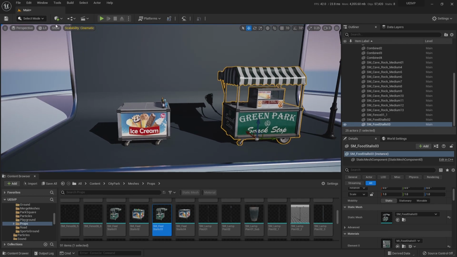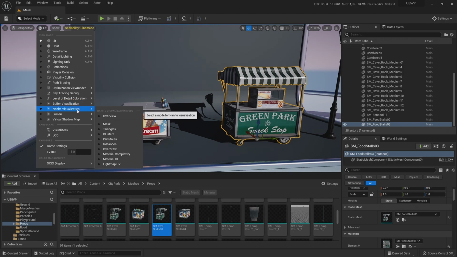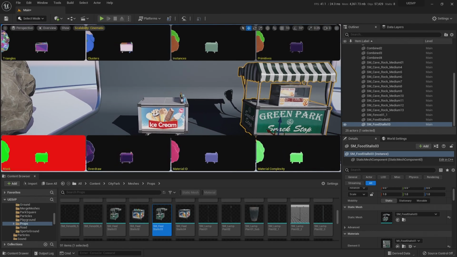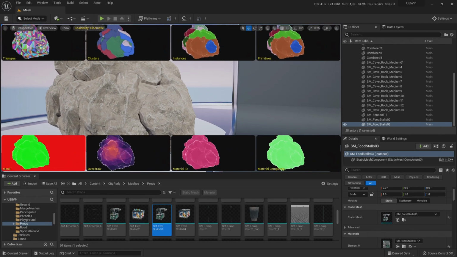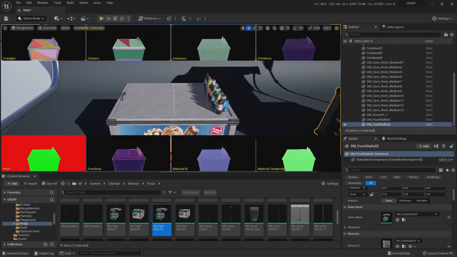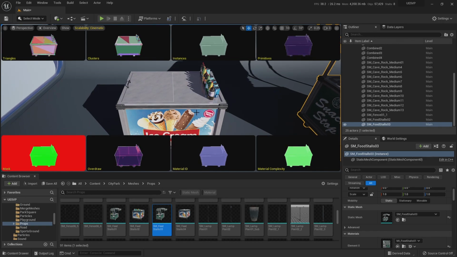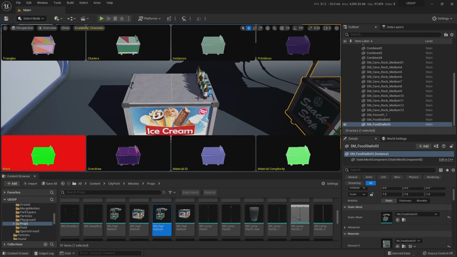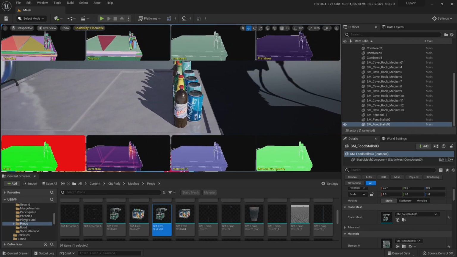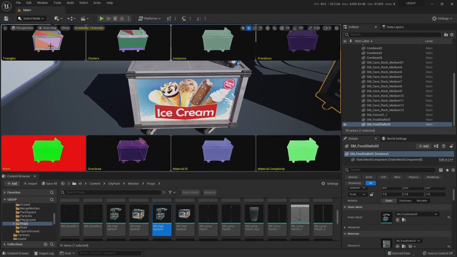All right, so let's jump into the view modes and we're going to change it to Nanite visualization overview. And this is more like what you are going to see. So this is a very good example, right? As you see, this is a mesh prepared for real time, so it doesn't have many triangles. This was the old school way of doing things. But as you see, you're going to have your triangles and then you're going to have your clusters.